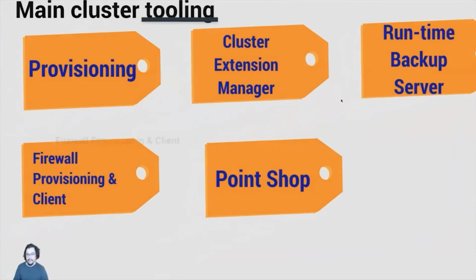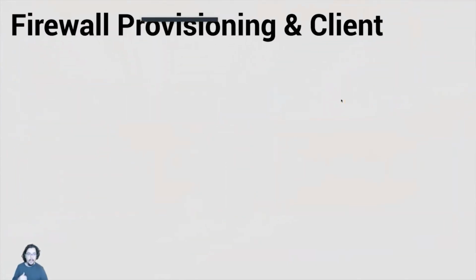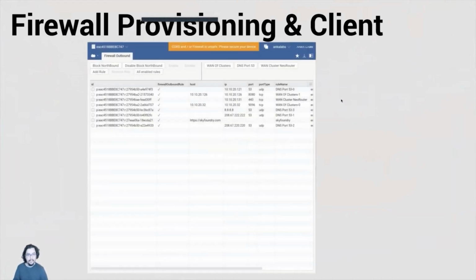So the next application we got is Firewall Provisioning. Firewall Provisioning has 2 different apps. One is client, and the second one is the provisioning. So the client is all the rules that are defined through the cluster or within the local instance itself. And this rule is for outbound firewall rules, meaning that the device will only be able to talk to these IPs and ports. In order to have a dynamic DNS, we have made it so that we ping certain domains and you can find their IP as well and update it as well. So if an IP changes, these edge devices are smart enough to figure out what the new IP address is.